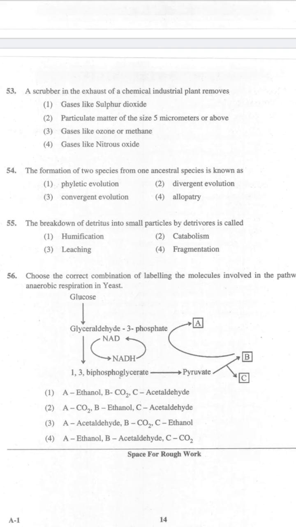So here, decomposition is a process by which the decomposers in the soil break down the complex organic matter into inorganic substances. Detritivores breaking down detritus into small particles is known as fragmentation. For example, earthworm. Hope you understood this one.